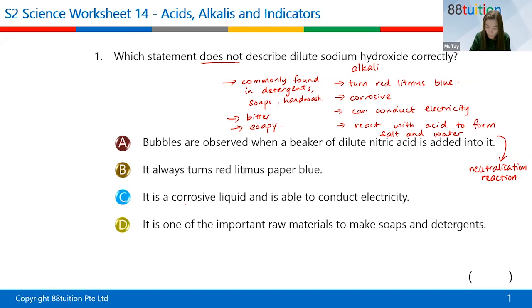Okay, it's corrosive. Remember, you're using it as detergent. Your detergent can be very strong detergent, right? It can actually burn your skin. Okay, so what is the thing that is not right here? In fact, it is A. When you have acid added to alkali, it's a neutralization reaction, no gas being produced. You only see the solution as it is because it is salt and water. What salt you receive depends on what kind of alkali and acid you put in. In this particular case, because it is sodium hydroxide,